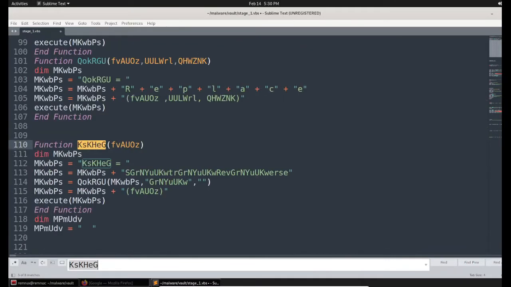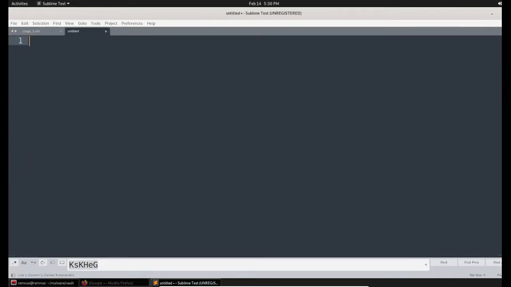Yeah, here I can see the function definition. The function is defined here. So let's see what this particular function is doing. If I see this function definition, there is one argument and one variable defined inside this, and the variable has this value initially. So let me create a new document and simply paste it here.